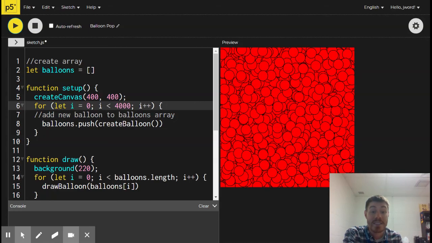All right, so then we'll start to see how to make these balloons clickable. When we click on them, that they pop, and how to make them wiggle around. And so we'll make these balloons actually do something and interact in